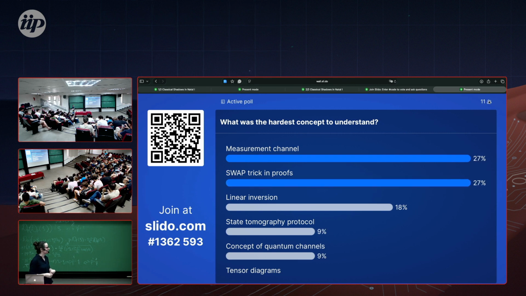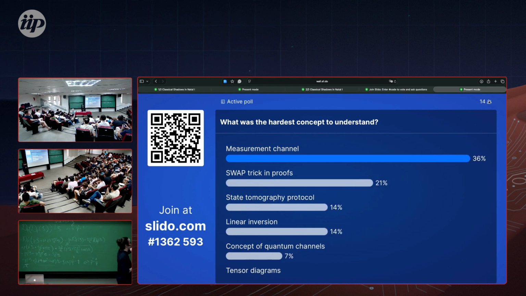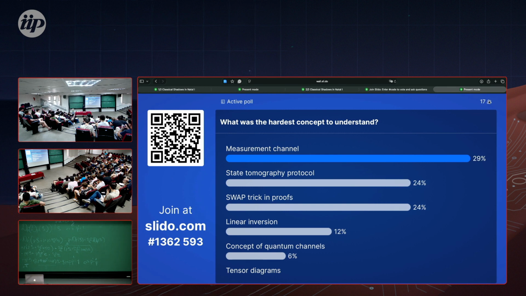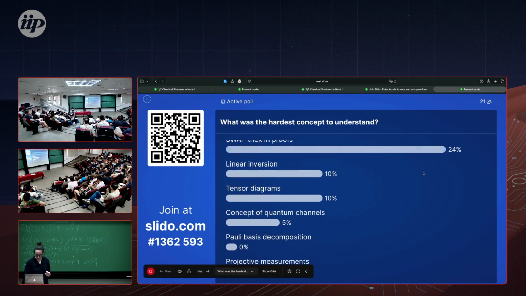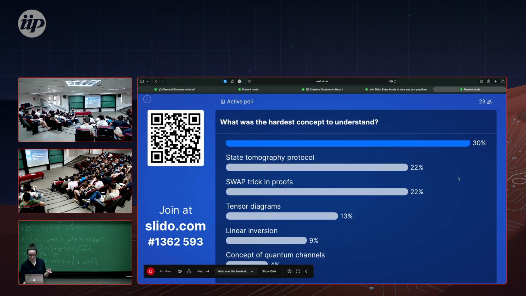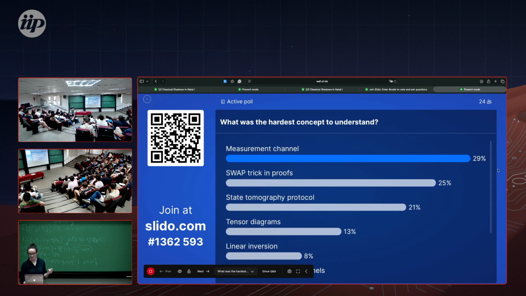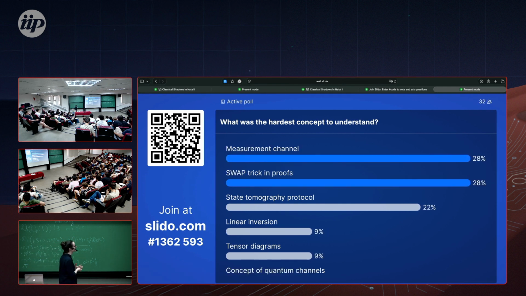Okay, very good. So what was the hardest concept to understand for you? I can see the measurement channel. Good. The swap trick. Also something very new that you probably saw the first time. I see the measurement channel, swap trick again. Interesting.